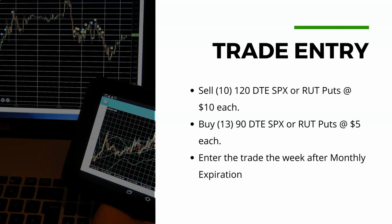There is one other nuance. I only use the strikes that are trading at a $25 increment. In other words, they have to be multiple or divisible by 25. So a 2000 strike, a 2025 strike, a 2050 strike, a 2075 strike would be fine. A 2010 strike, that's not divisible by 25. It's a $10 increment. So I like to stay with the $25 increment, and it has to be divisible by